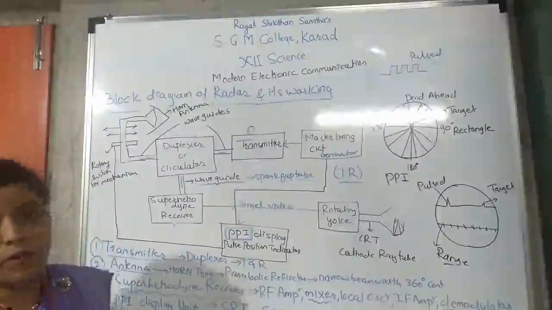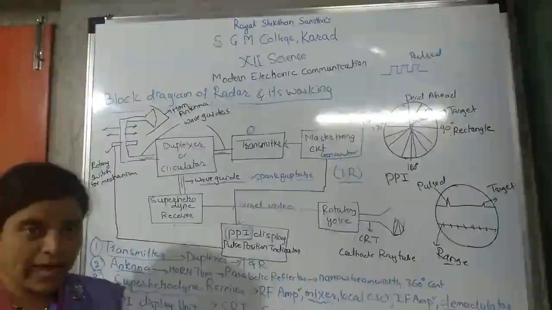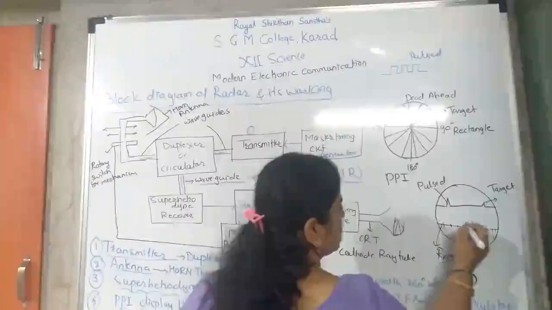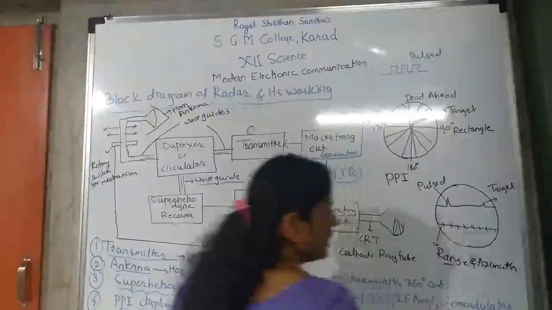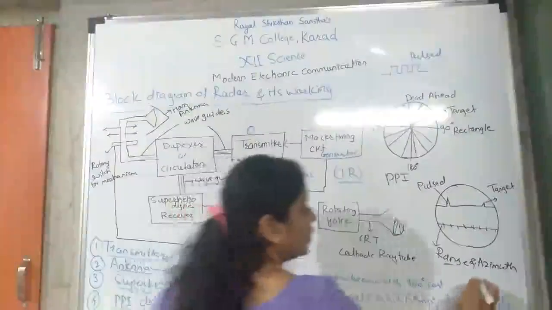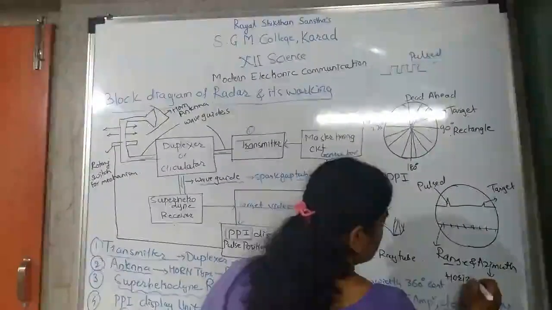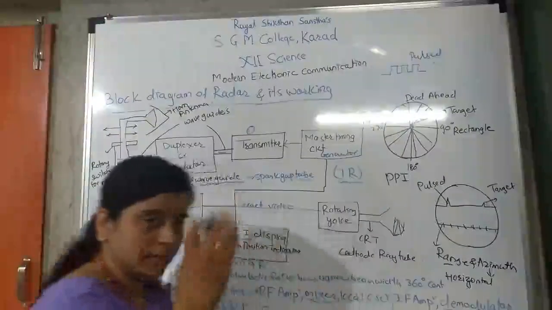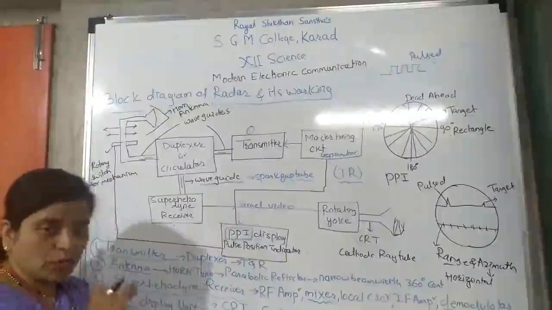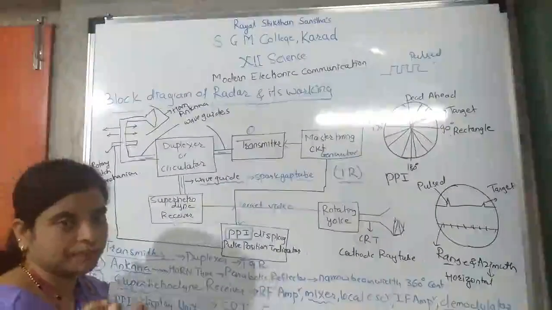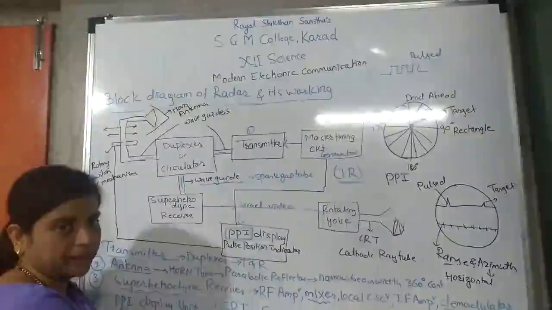So PPI is a plan position indicator type display which shows both range and azimuth of the angle. What is azimuth and elevation? Azimuth is the horizontal signal, and elevation means the vertical signal. In this display, the horizontal signal and its range are used. Therefore, this type of display is used in the radar signal.